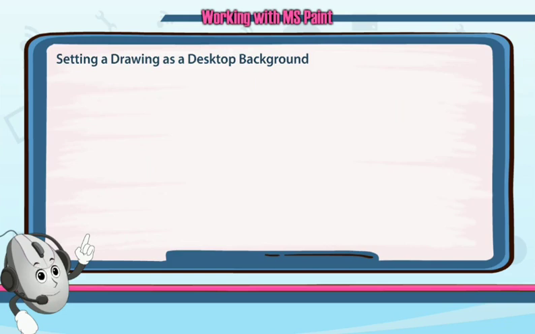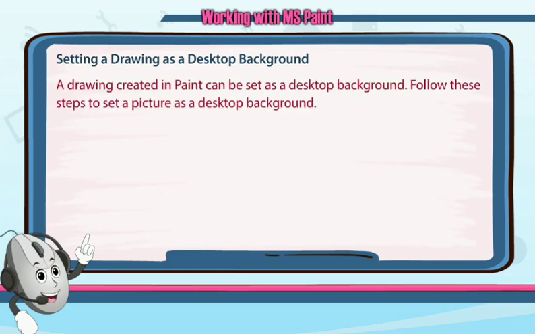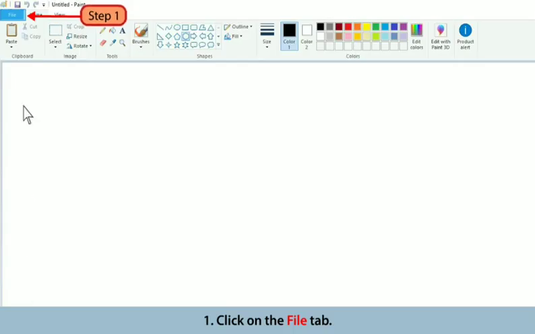Now let's learn setting a drawing as a desktop background. It means how we set the picture you have drawn as the background of our computer. As a drawing is created in Paint, it can be saved as a desktop background also. So follow these steps to set a picture as a desktop background.